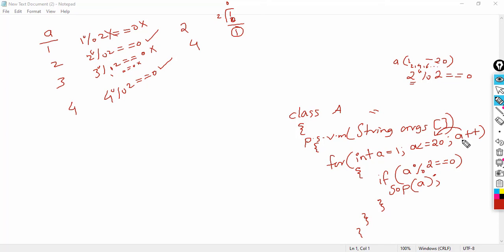So we can see that when the value of A is incremented and reaches 20, this condition will be true. 20 less than or equal to 20, the condition is true. So executing the statement 20 modulus 2, that is 0. When we divide 20 by 2, the remainder will be 0, so the condition is true. So we can execute this SOP, printing the value of A, which will be 20, okay.